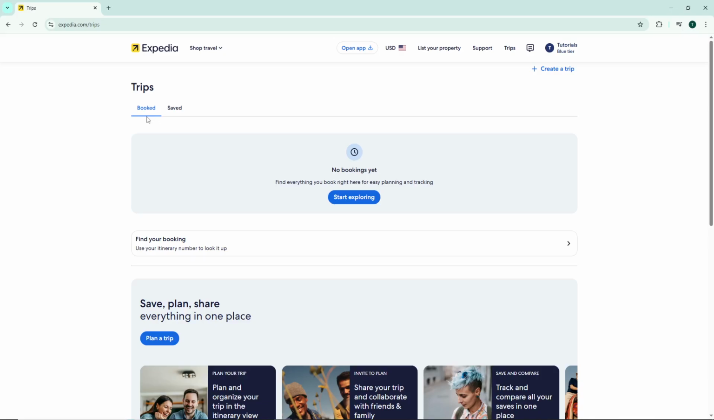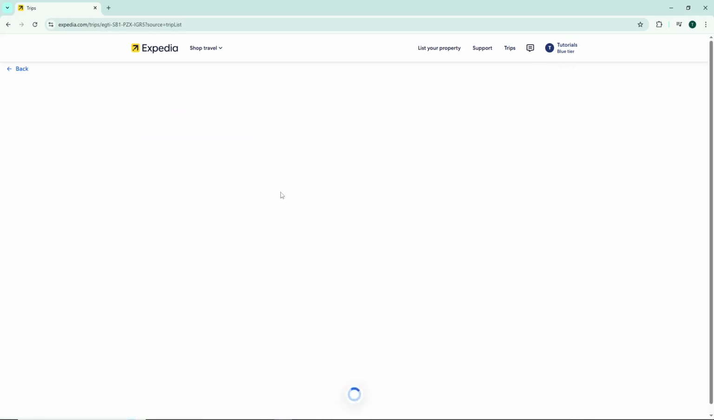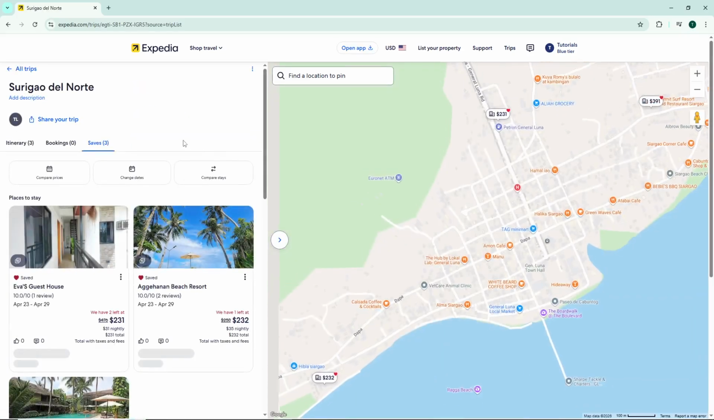Now you'll see a list of all your trips displayed on the screen. Click on the specific trip you want to share from this list. This will take you to a more detailed view of that particular booking, allowing you to access all the relevant